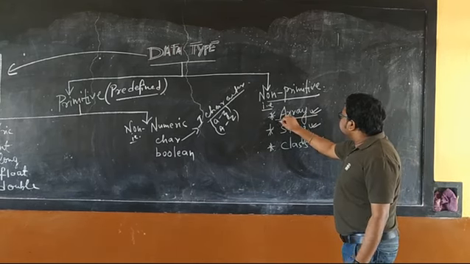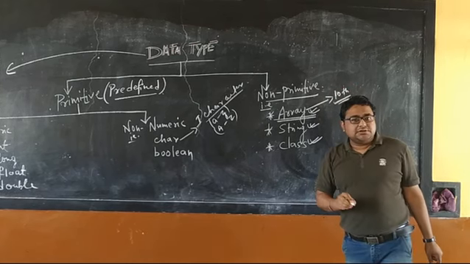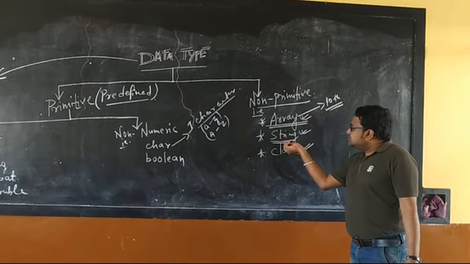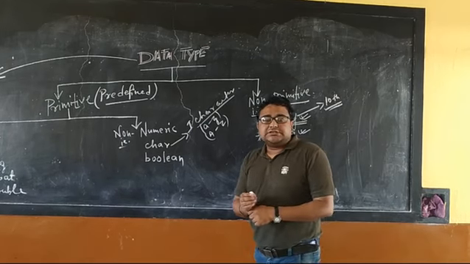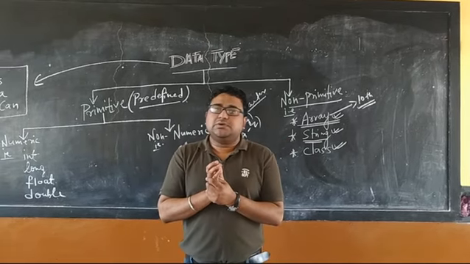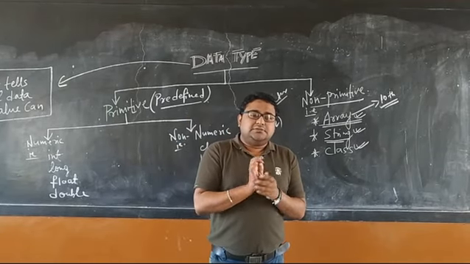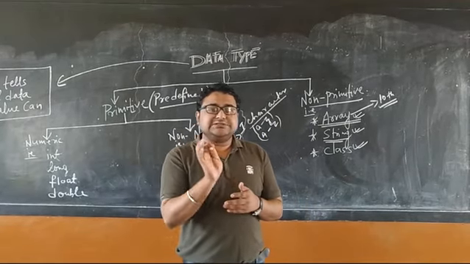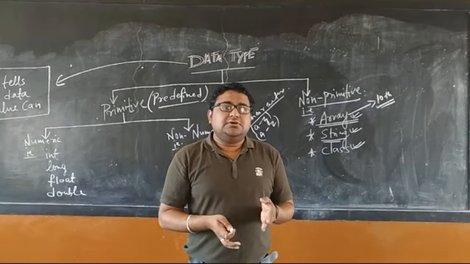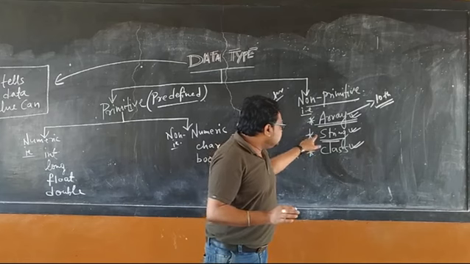Array we will discuss in class 10. This is one chapter which we will discuss in class 10. And second one is string. String is one data type which can store a combination of different data types. For example, if you want to store your address, then you can write that address containing alphabets, capital letters, special characters, for example space, integers also, house number, road number, all these things. Dot sign also you can use. A combination of all these things is called a string.